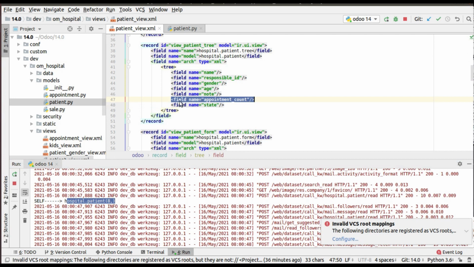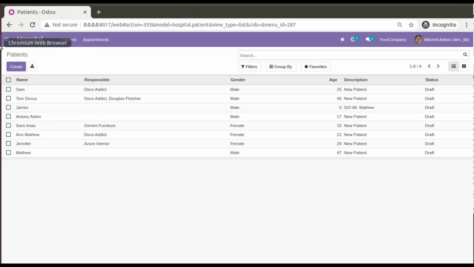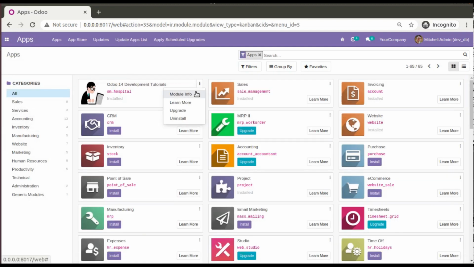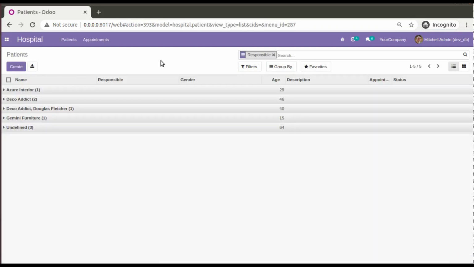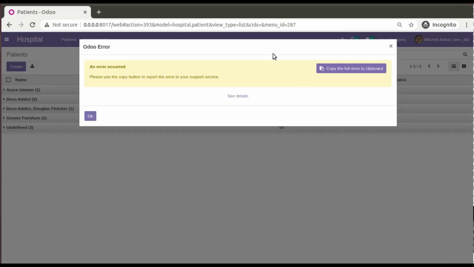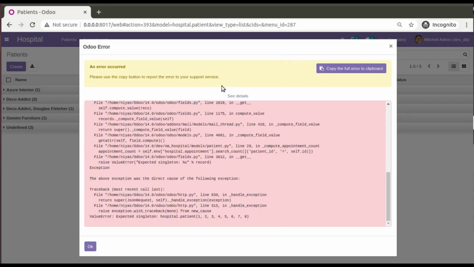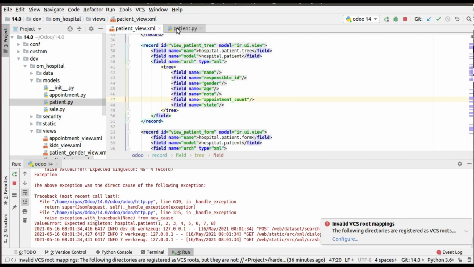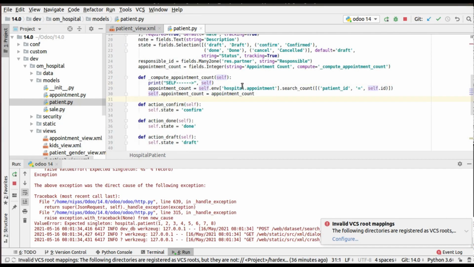I have added the field again to the tree view, and I'll go to the apps menu and upgrade the module. And right now we will be getting the singleton error in Odoo. If I go to the hospital and remove the group by, you are getting the singleton error. So the solution is to iterate self over a for loop.